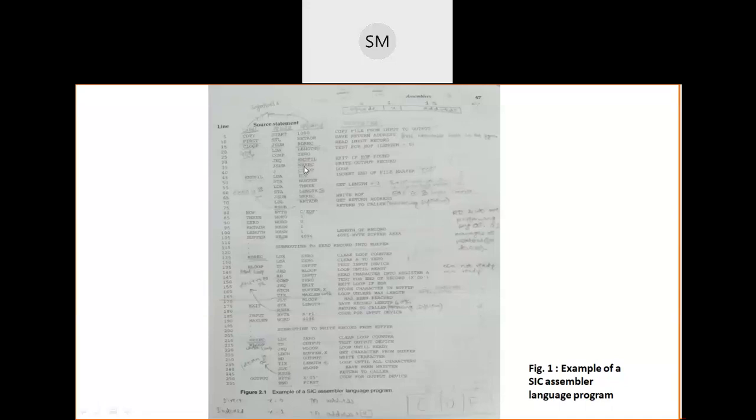Okay, JSUB write record, which you have already executed, will return to here. So next, what I am going to do is JC loop. JC loop means the C loop is here. Copy the loop. Okay, so which is already done.